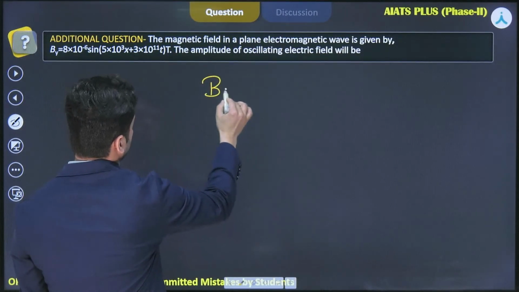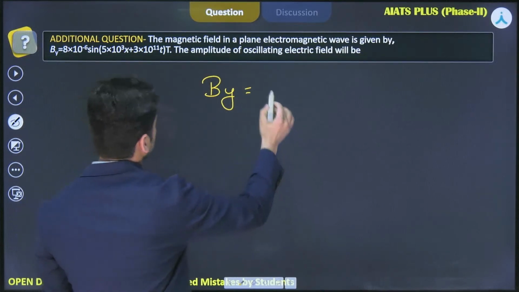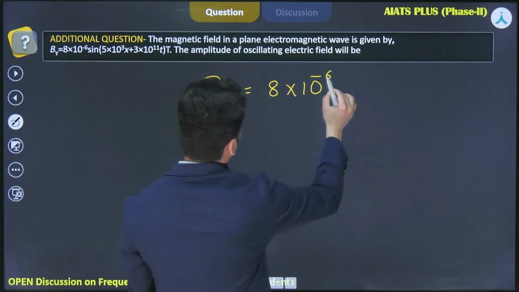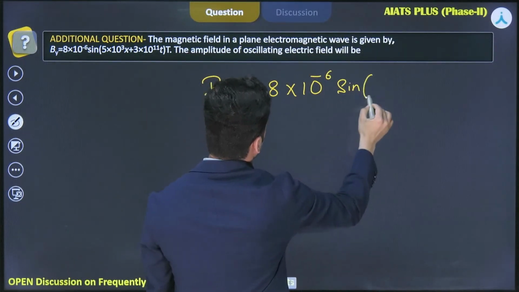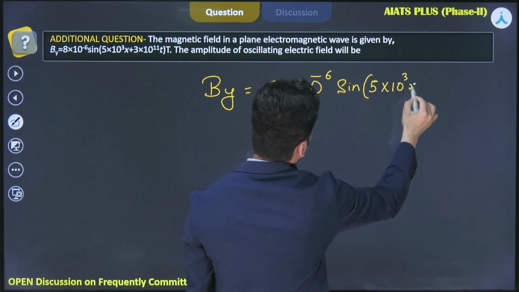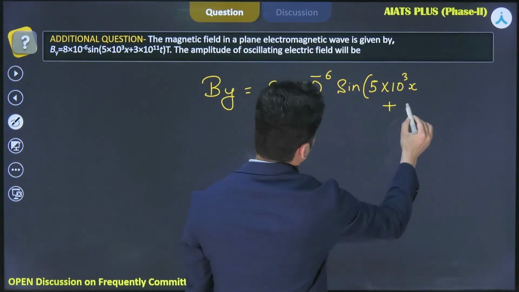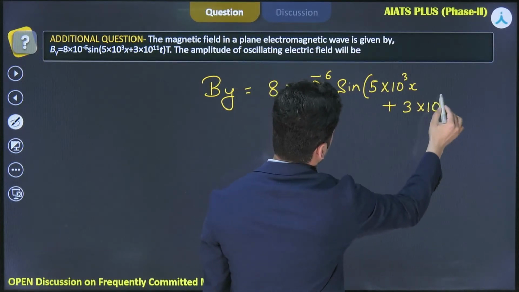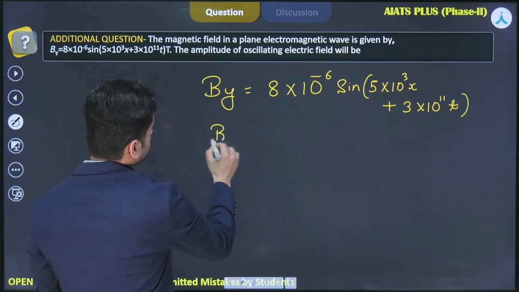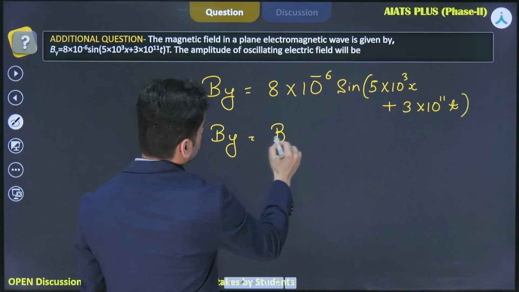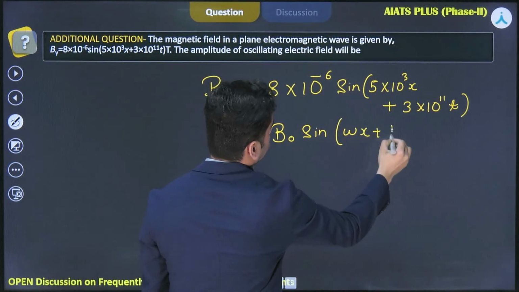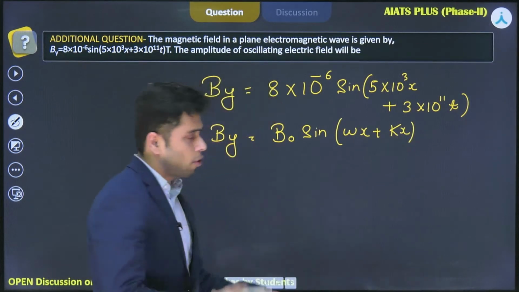The standard equation for By can be written as B naught sine of kx plus omega t. So from this